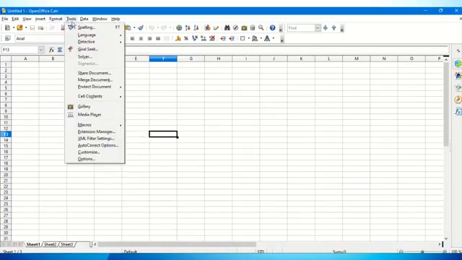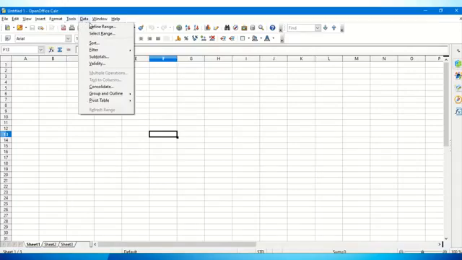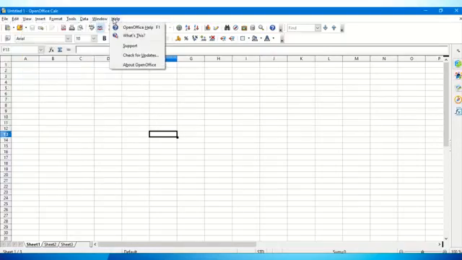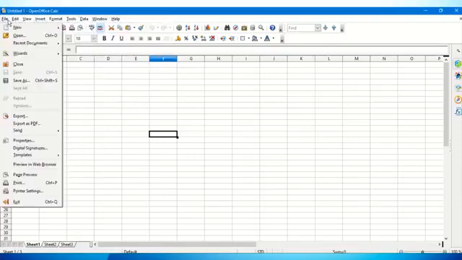The tools menu gives us certain advanced features of Calc, that is scenarios, merging, sharing. All this we will learn in detail in the 10th standard. In the data menu of OpenOffice Calc, we will also be learning in detail about filtering, subtotals, validities, consolidation, etc. in the 10th standard. So these two menus, the tools and the data options, we will be learning in depth in standard 10th. These are a few of the menu options which are available in the menu bar.